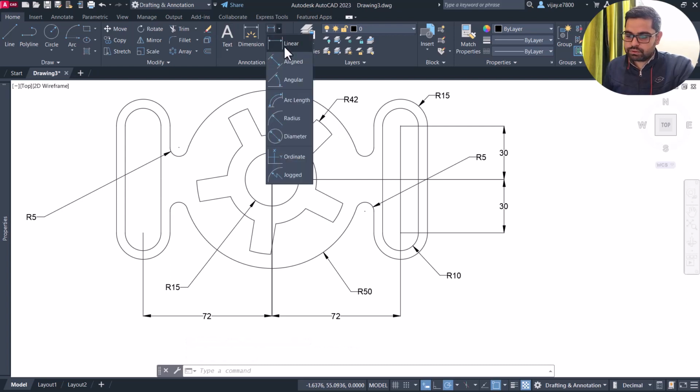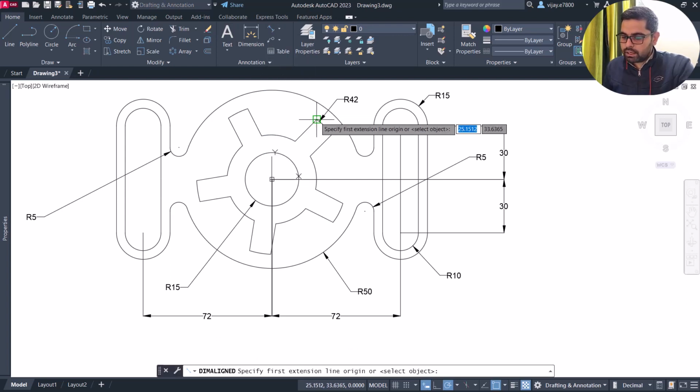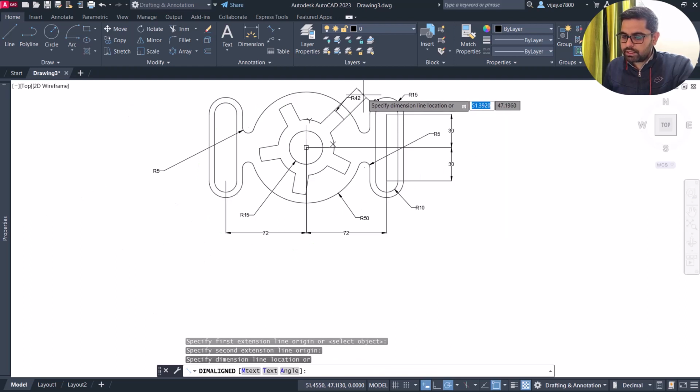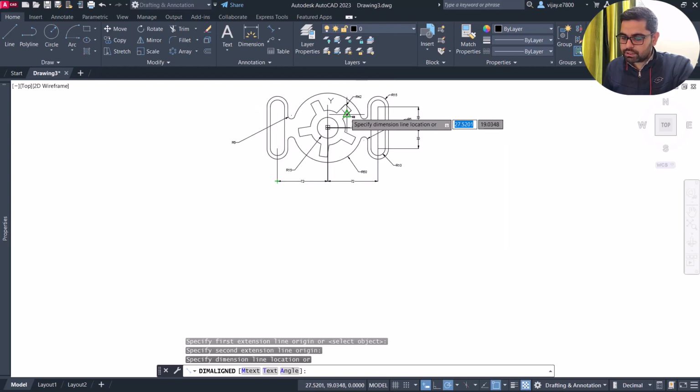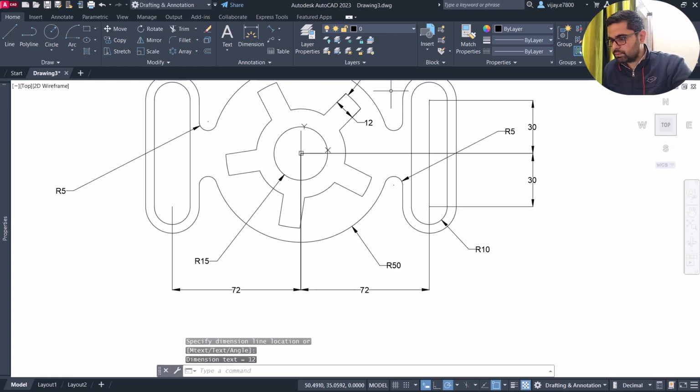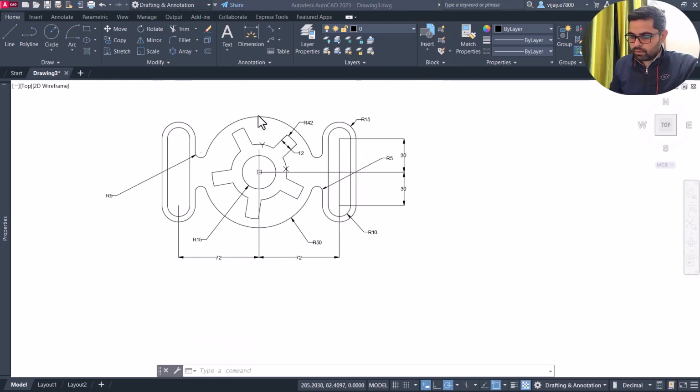So click on align. Now in this type of dimension, the align dimension is needed when we are inclining the dimension. So this is something that we need to understand. And now we are going to use the hatch command to place hatching in between. So let's use the hatch command. Click on hatch, and then